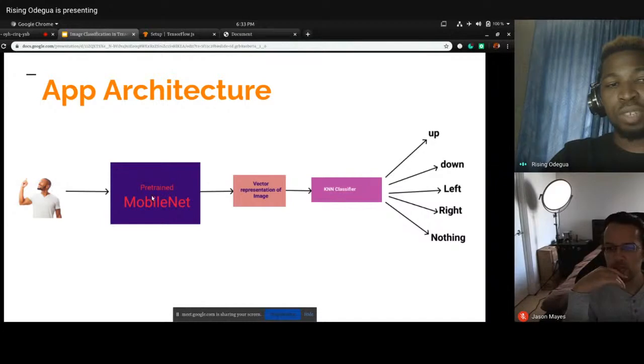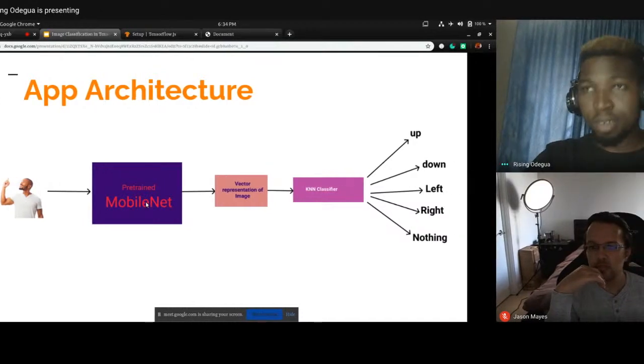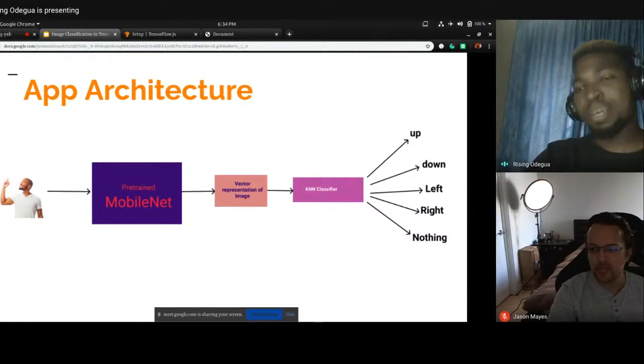That means if this model is well trained, it is supposed to predict similar activations for similar images. Meaning images that are pointing up are supposed to have activations that are closer to each other. That is what we are basically capturing here.